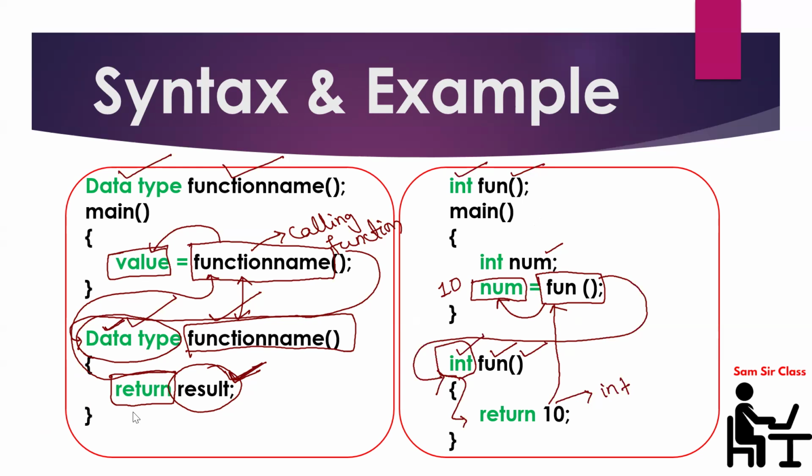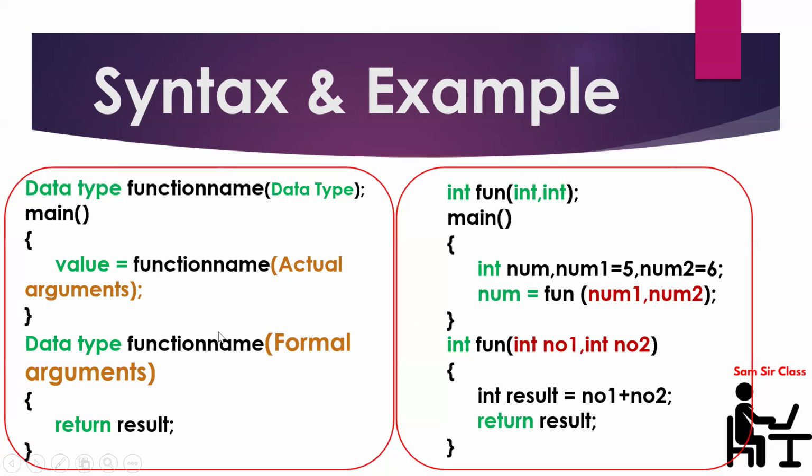One more example we will discuss where we'll see something different. Now in the previous example, whenever you are calling the function, you are not passing any value. But here there is a provision also, you can pass any number of values. And whenever in calling function,